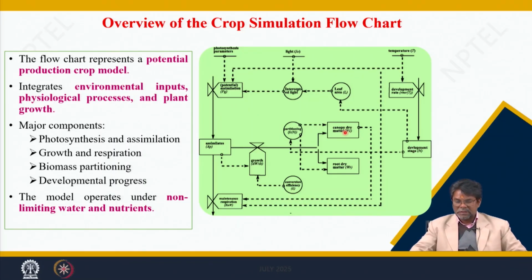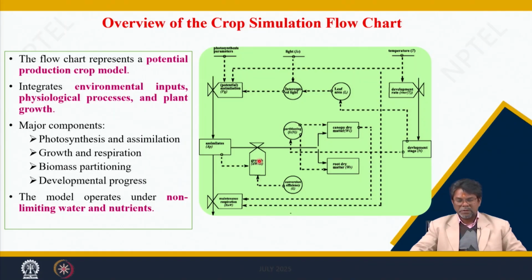And you can also see that these 3 rectangles are state variables. You can see another state variable here, assimilates. After the potential assimilation, the amount of carbohydrates assimilated during photosynthesis, some carbohydrate is lost through respiration. So, there is a net assimilation, but why do you not consider this one as a state variable? Because the net assimilation is immediately converted into dry weight growth rate. So, there is no accumulation of this assimilate.